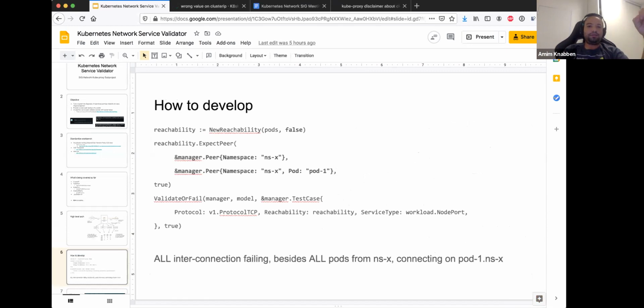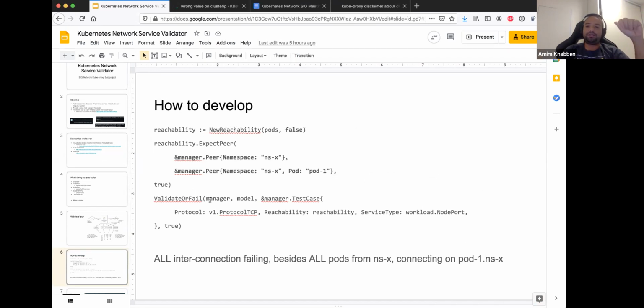How do we develop these? We are using our network policy framework for table tests. Basically, you define a reachability initialization. So you say everything on the table is false. You enable a few of them, like all the pods in namespace X can talk with pod 1 in the same namespace.